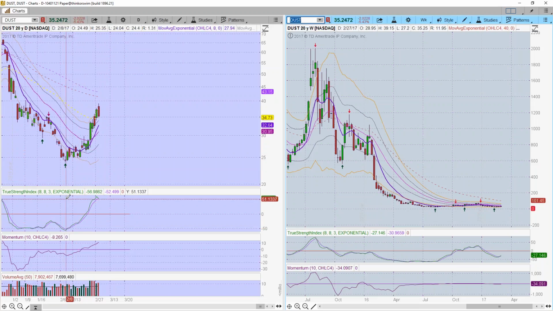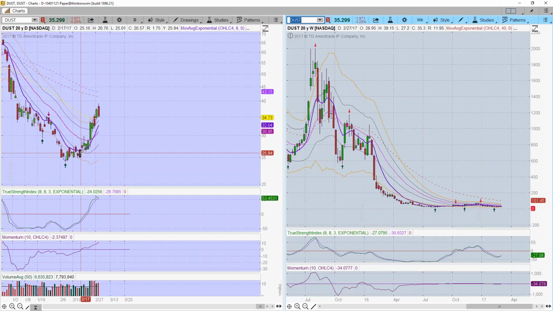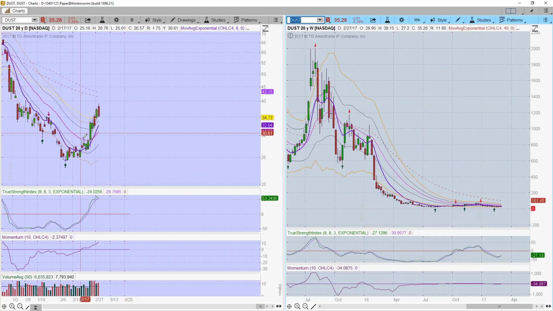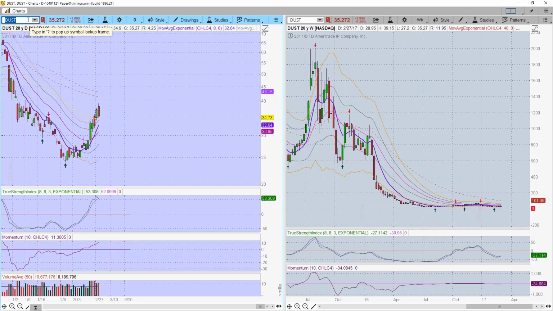And that TSI tick up that we see going on here actually got us into a trade down here, I want to say about 25, and then we closed out part of that position up about the 28 level. But both DUST and NUGT are either a rocket ship to the upside, or an airplane out of fuel falling to the ground, one of the two. So it's a timing issue with both of them.